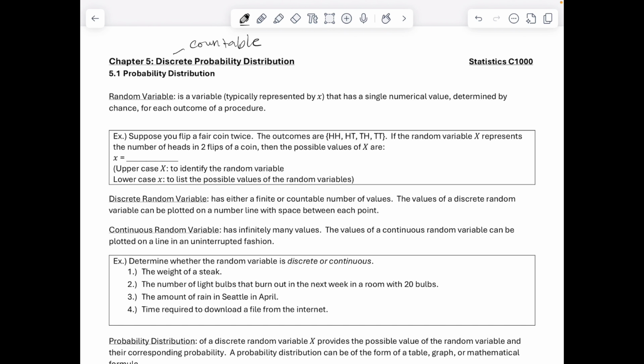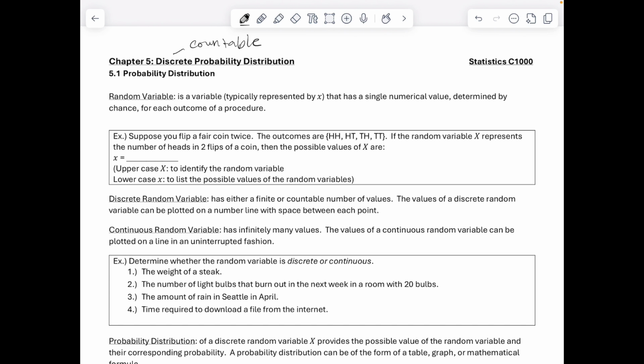A random variable is a variable typically represented by x that has a single numerical value determined by chance for each outcome of a procedure. The example right below this says, suppose you flip a fair coin twice. The outcomes are heads, heads, heads, tails, or tails, tails. If the random variable x represents the number of heads in the two flips of a coin, find the possible